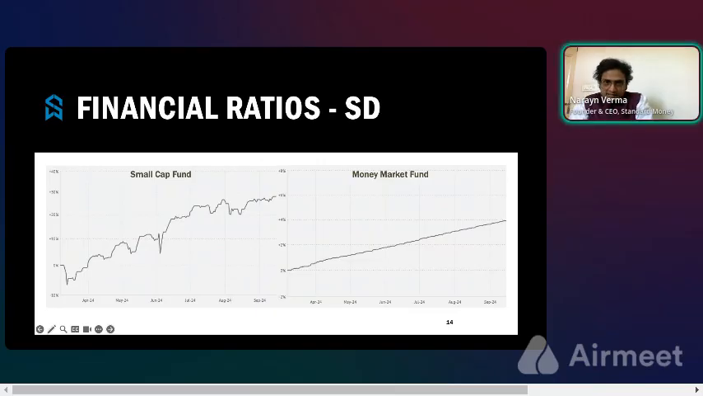A very volatile performance. But on the right side, you have a money market fund, which is pretty consistent with the return. It continuously goes from 0% to 4%. If you compare, there is less volatility, more assurance that your money is going to grow, but the rate of growth is going to be low with the money market fund. With the small cap fund, there is a possibility that your investment may be reduced